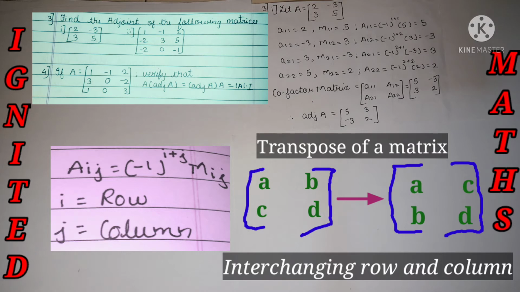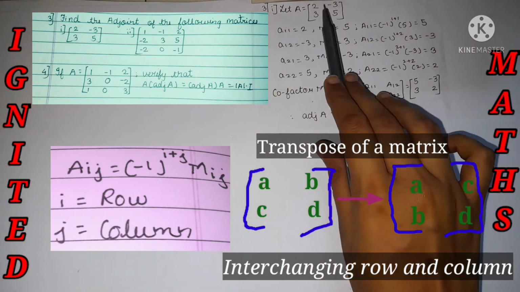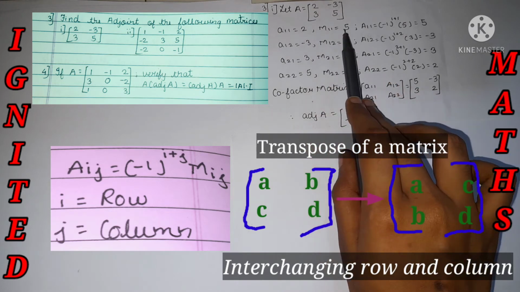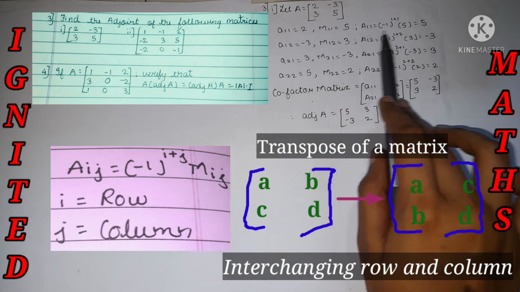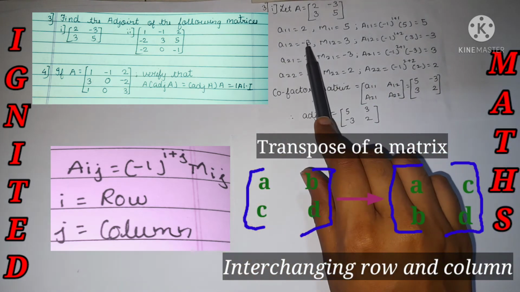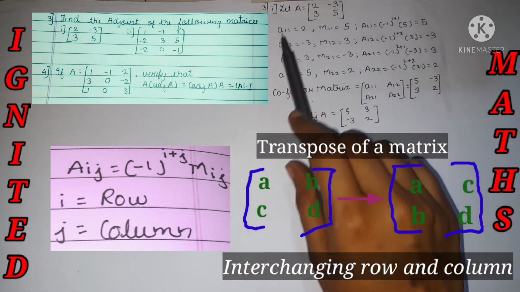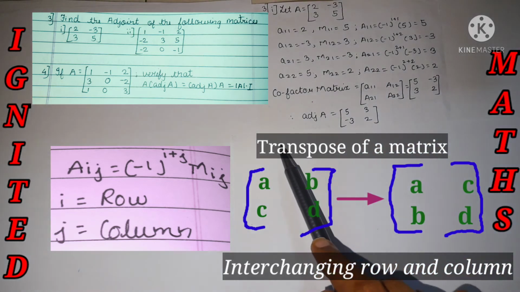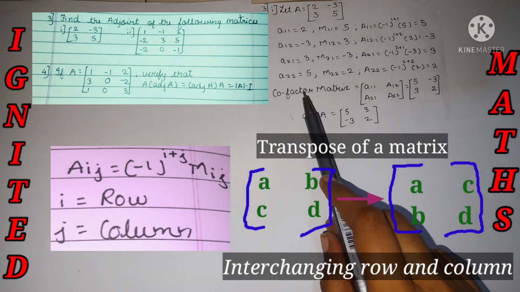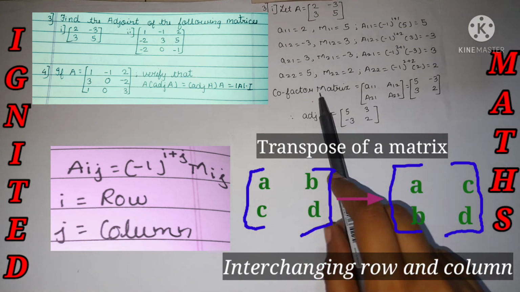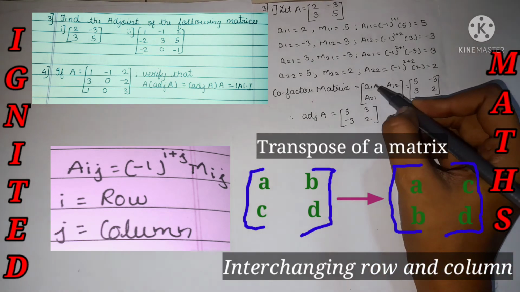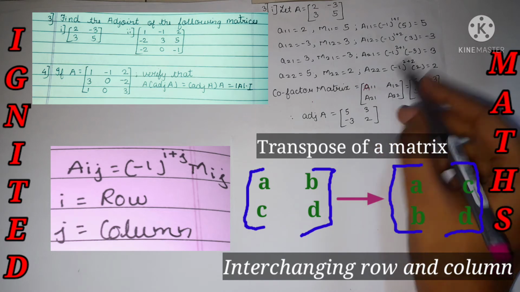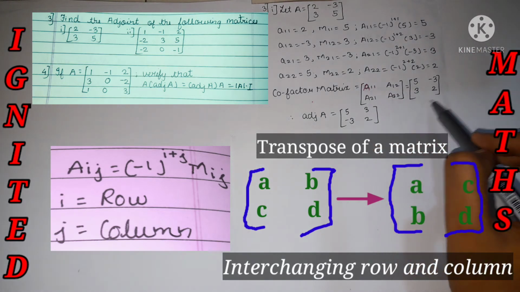So I'll show a step by step method also. The A11 element is nothing but 2. So M of 1 1: hide the respective row and respective column, that gives the M of 1 1 value, and A11 according to the formula I have mentioned, and we got the answer. A12, A21, A22: for each and every element I found the minor and cofactor. Now the question asks for the adjoint of the matrix in matrix form. So the cofactor matrix is nothing but A11, A12, A21, A22. Okay, all that we have found over here, just put in the matrix form.